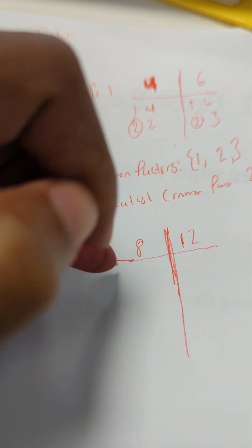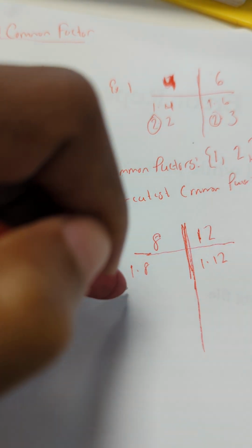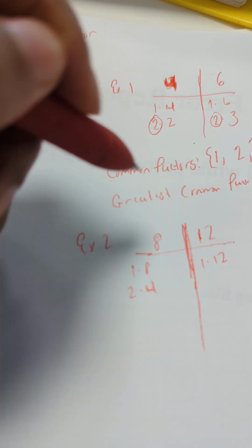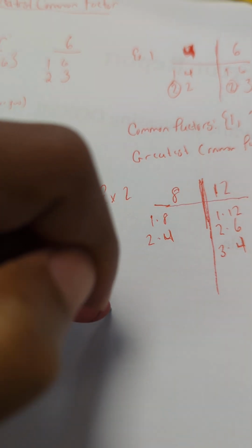We say, okay, what are the factors of 8? So 1 times 8 is 8, 1 times 12 is 12. 2 times 4 is 8, 2 times 6 is 12, and 3 times 4 is also 12. So we say, okay, what are the common